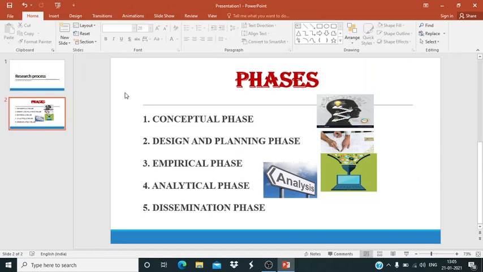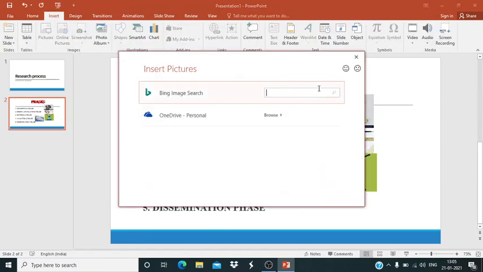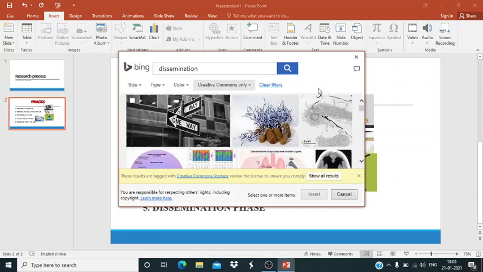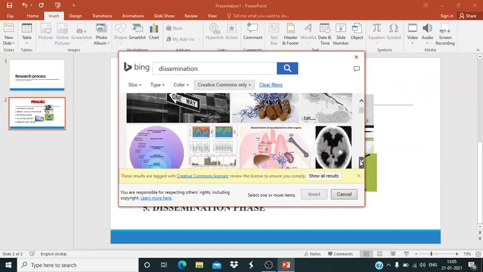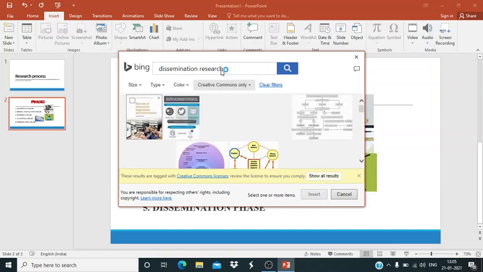So once more I'll show you, insert online pictures. I type here "dissemination" and give a search. So you have so many pictures which have come for dissemination. Maybe to get the right one, I write "dissemination of research" and search it.